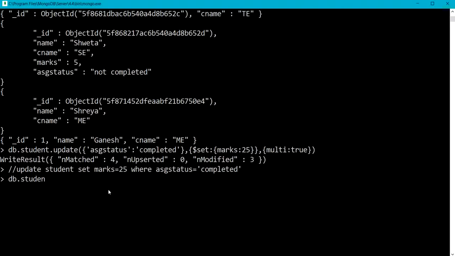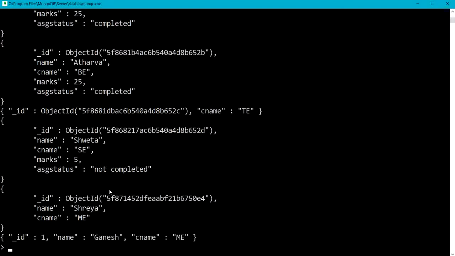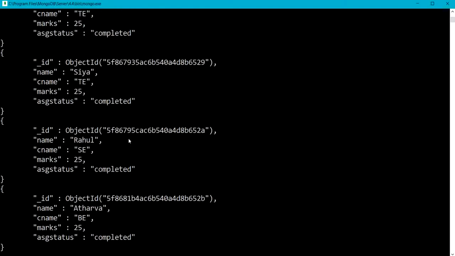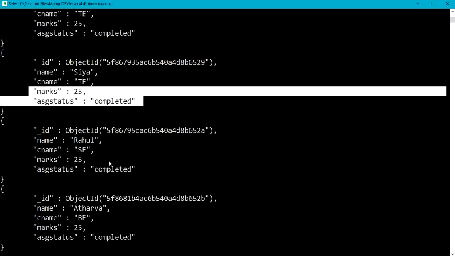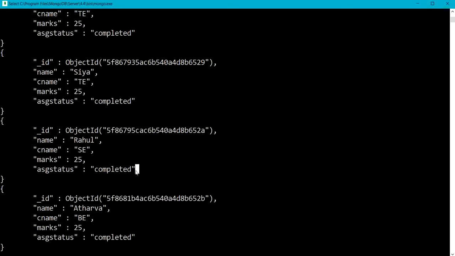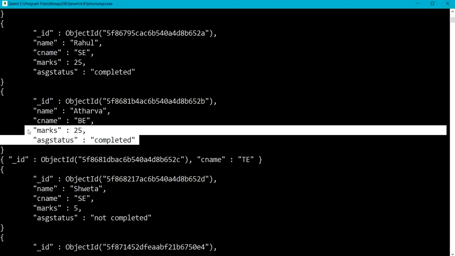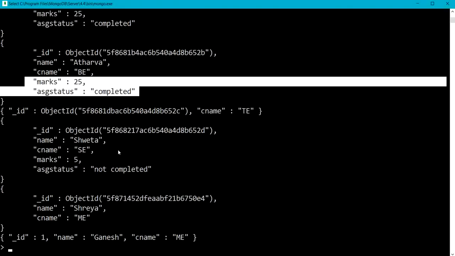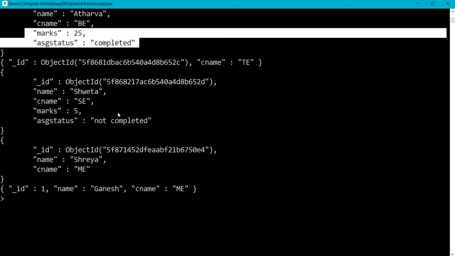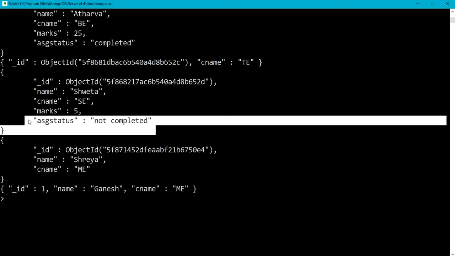Let me write db.student.find. You can see marks of Sia are updated, marks of Rahul also updated, and marks of Atharva also updated where assignment status was completed, but not for Shweta whose assignment status was not completed.